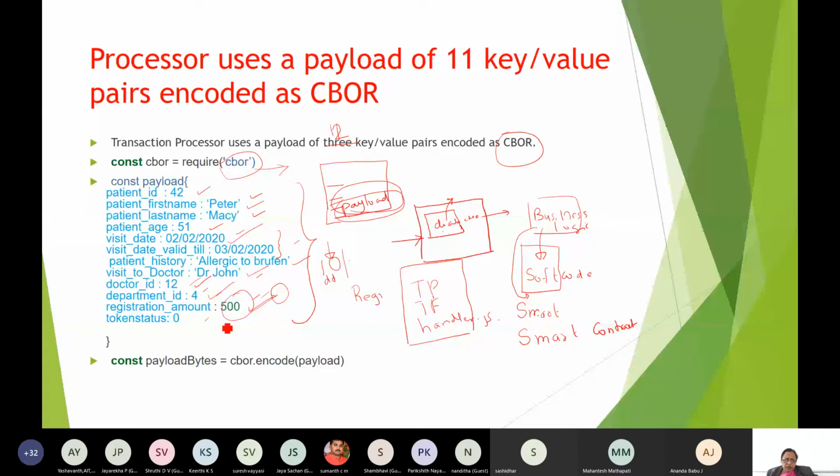we came across, when I was discussing with the VIT student, okay, now it will be registered, there should be a change of state in the behavior of this one. What should be the change of state? That's why I have included this token state 0, right? If token state is 0, that means he is not registered.